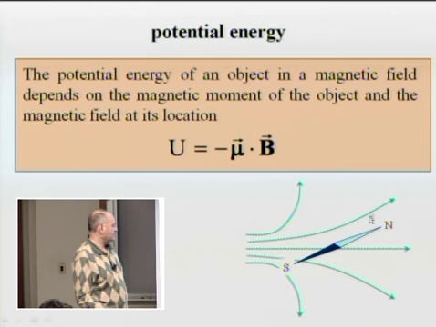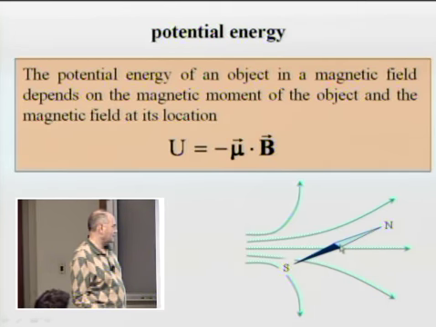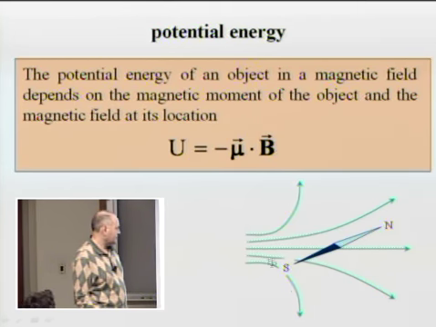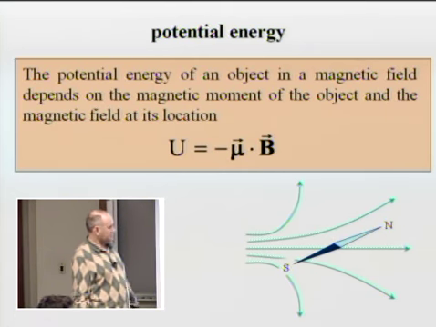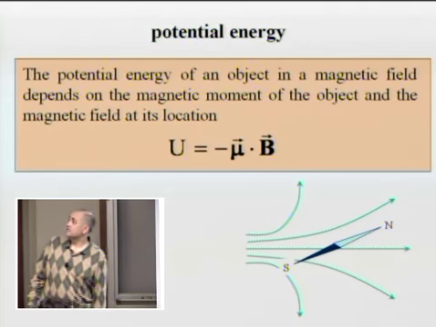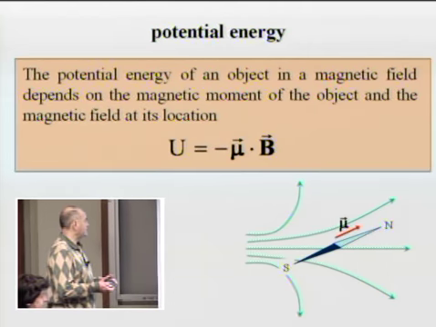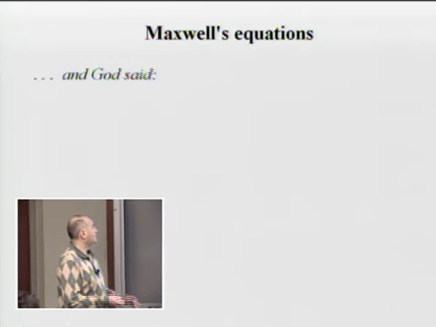However, if the North Pole was here and the South Pole was here, if we move it over there, potential energy would be increasing. All right, so this will be all for today, and see you